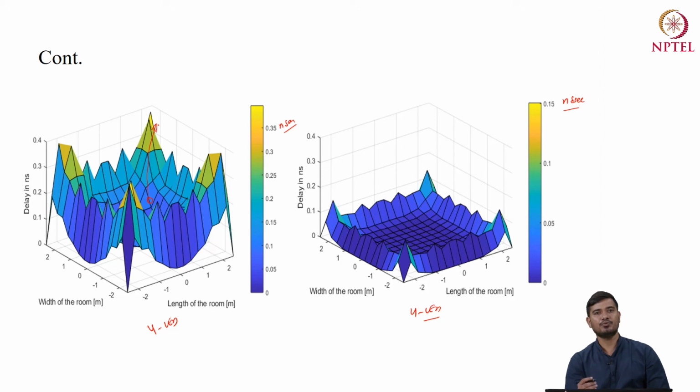At the center of the room or exactly below the LED, you will get the received power profile maximum, but the delay spread will be minimum because the channel will take less time to travel to the PD. And at the edge of the room, the received power profile will be minimum and the delay spread will be maximum. So this is how we can characterize our indoor VLC system with the help of MATLAB, where we can